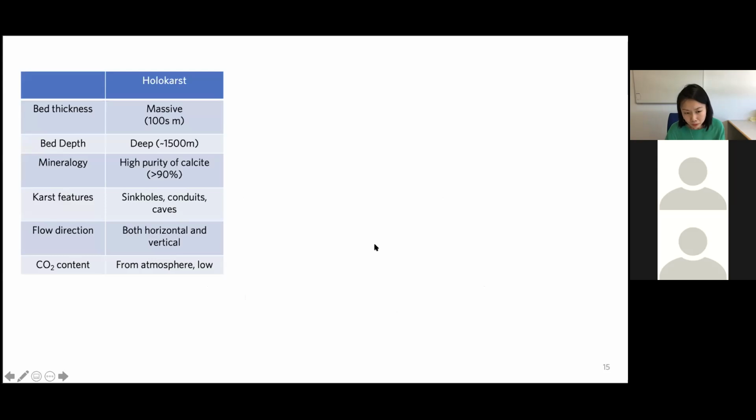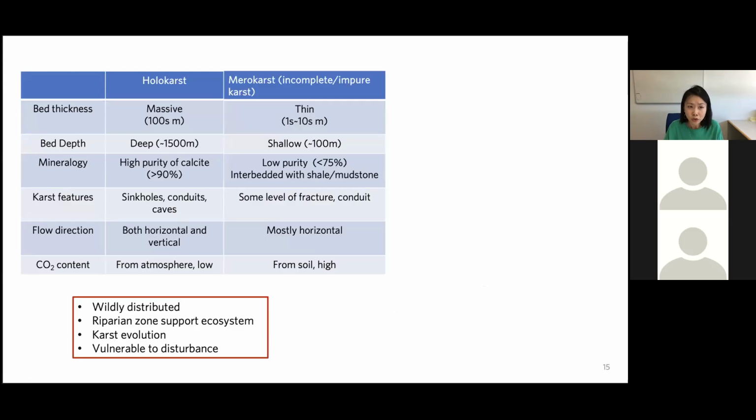So previously, I introduced the importance of the karst region and why studying the carbonate system is important. So here I want to show you a system called a mirror karst system. Unlike the hollow karst or the mature karst system, the mirror karst system is an incomplete or impure karst system. It's featured by very thin limestone